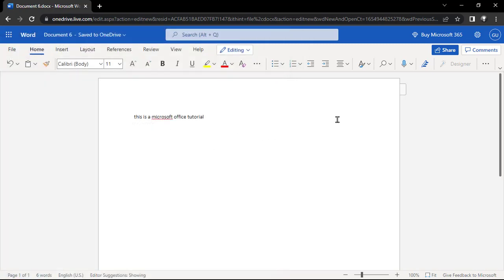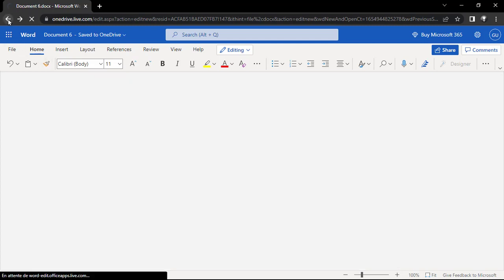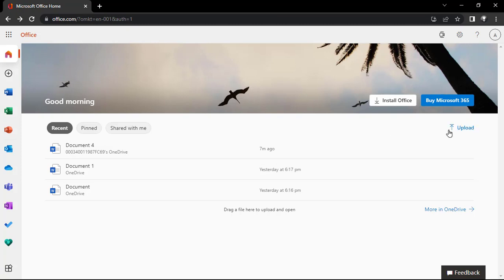And also, if you want to work on a document from your computer online, this is the inverse or the reverse way. It is just going to be a matter of going back all the way until I get to the home page. And here you can see this button, Upload. So this will let you upload any documents that you are currently working on from your computer. So let me show you how that works. I will click on Upload,